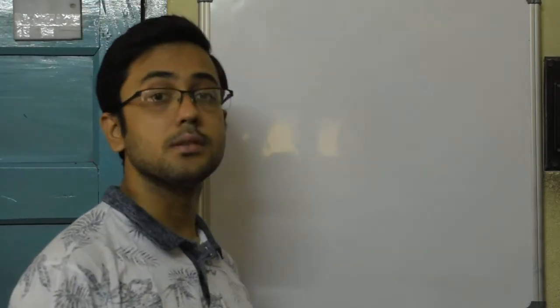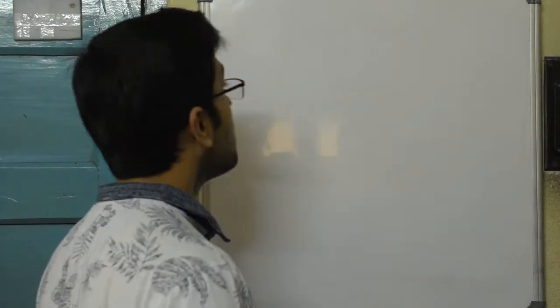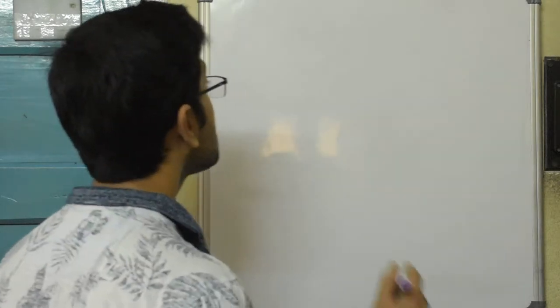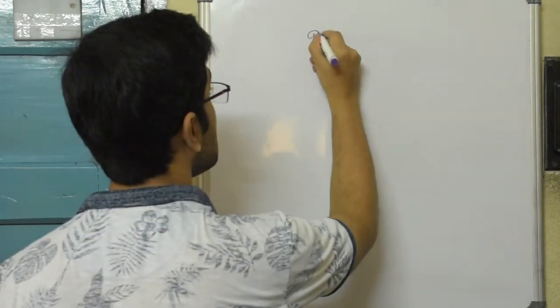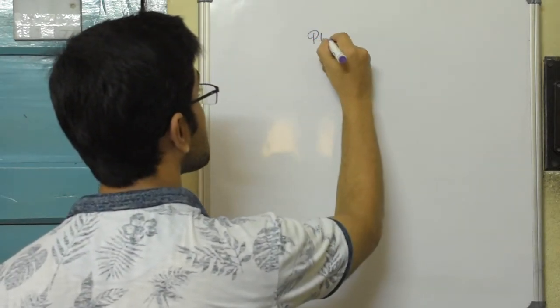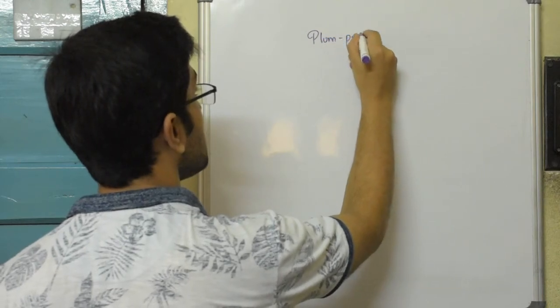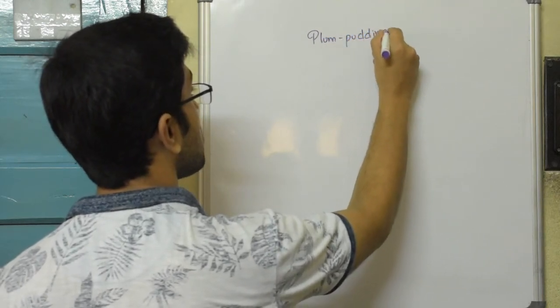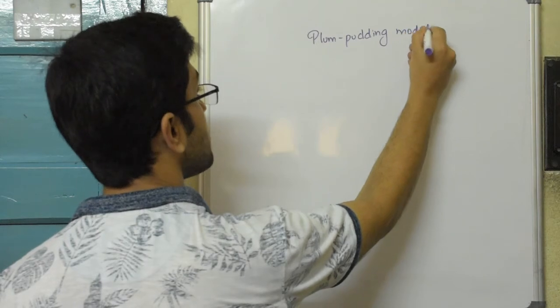These experiments, by the way, the first experiment, the one in which the electrons were discovered, was performed by Crookes and Thomson, and the second experiment in which the protons were discovered was performed by Goldstein. Now, there was something at that time after these electrons and protons were discovered known as the plum pudding model or the J.J. Thomson model of the atom.